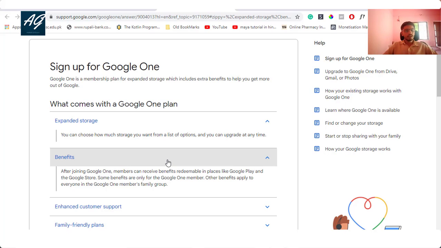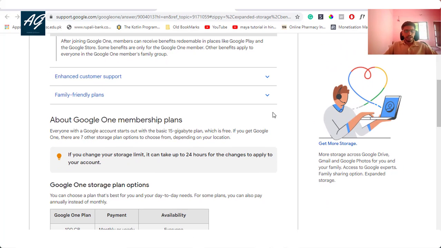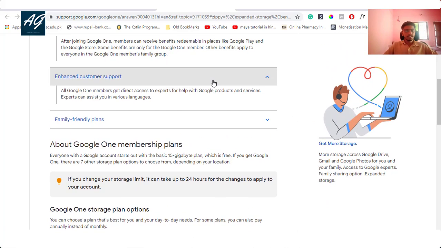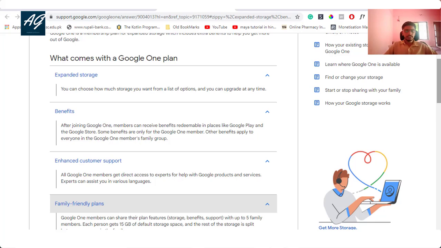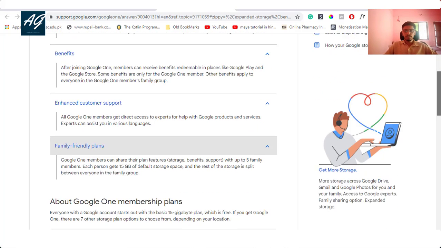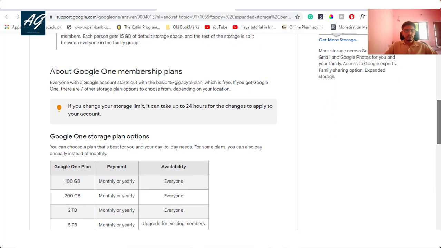Some benefits are only for Google One members. Other benefits apply to everyone in the Google One member family group, along with enhanced customer support and family-friendly plans. So these are the main features, and the most important is expanding the storage capacity of your Google account.